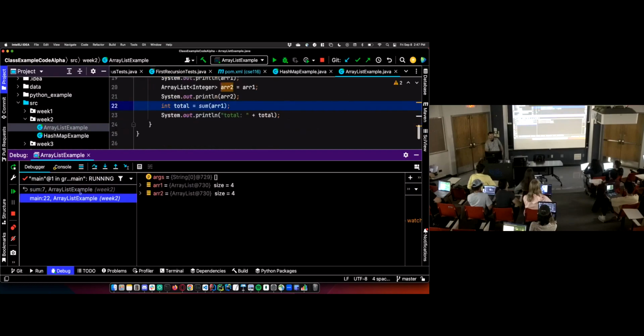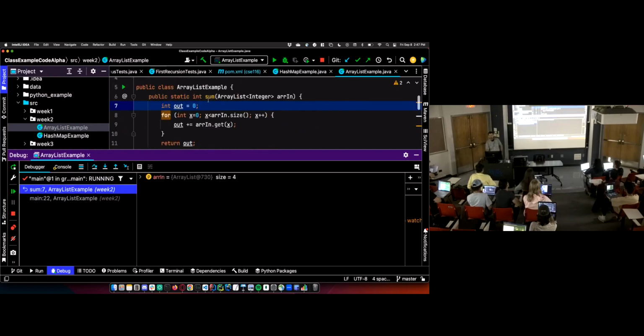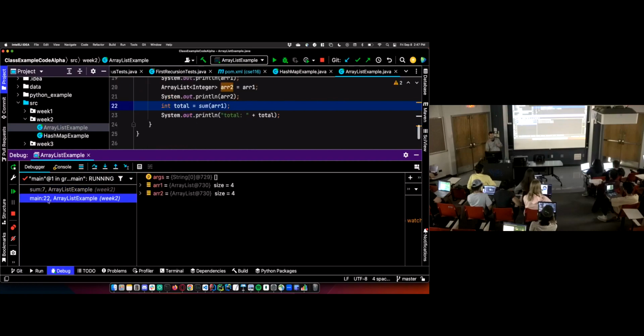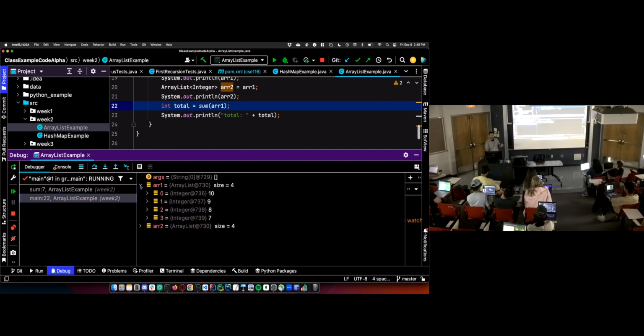I can see all of the stack frames at this point, right after the sum method call. I can see the sum stack frame and the main stack frame. If I click on them, I can see all the values of the variables inside that stack frame. Some of the variables are going to have an at sign and then some random number. That means this is a reference to an object on the heap. I can click this arrow to see all of the values. I can see R2,